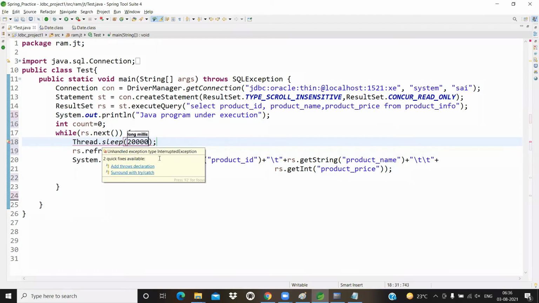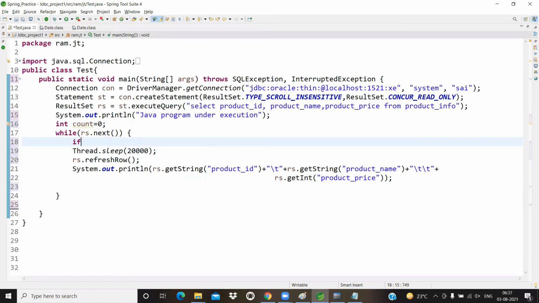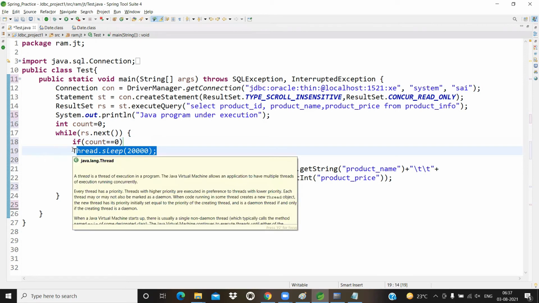After refreshing the row, at the first time I want to refresh, not all the time. If count double equal to 0, then I pause my Java application for around 20 seconds.